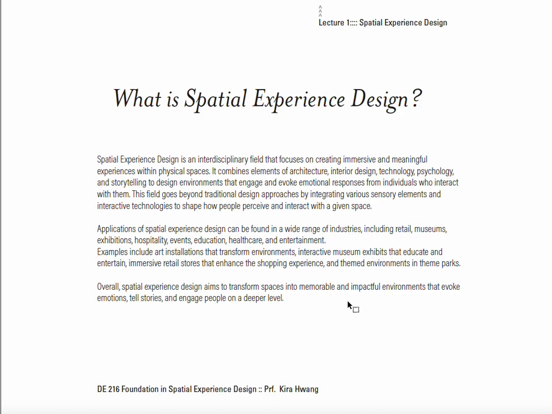All the event design or shows, fashion collections, exhibitions, pop-up events, festivals, and trade fairs are included in this field. It's very diverse. So many various fields and industries use this spatial experience design method, so we cannot define just one single example as spatial experience design.